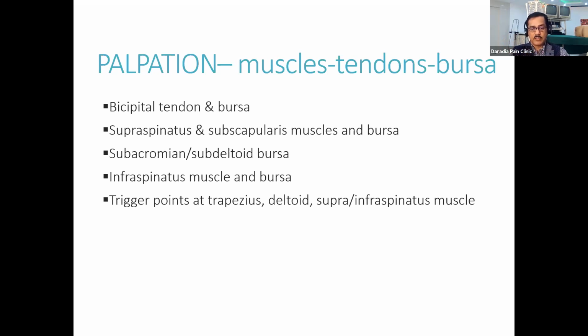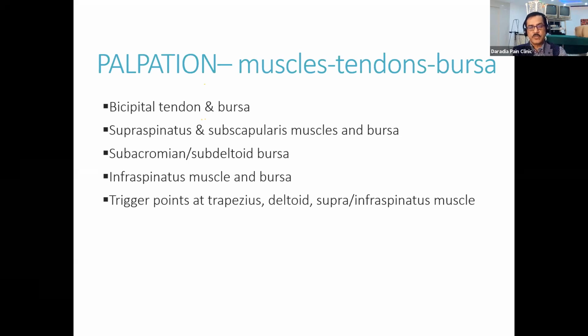Anyway, coming back to our discussion, in the palpation, we should be palpating both the muscle as well as the tendinous insertion, which is important for enthesitis or tendinopathies. We have already discussed all these different muscles. We have to palpate all those muscles as well as the bursa around it. In bursitis also, we should know the location of the bursa. Particularly, I told the two bursa: one is your subacromial, subdeltoid bursa, another is the subscapularis bursa. These bursas should be palpated for any tenderness.